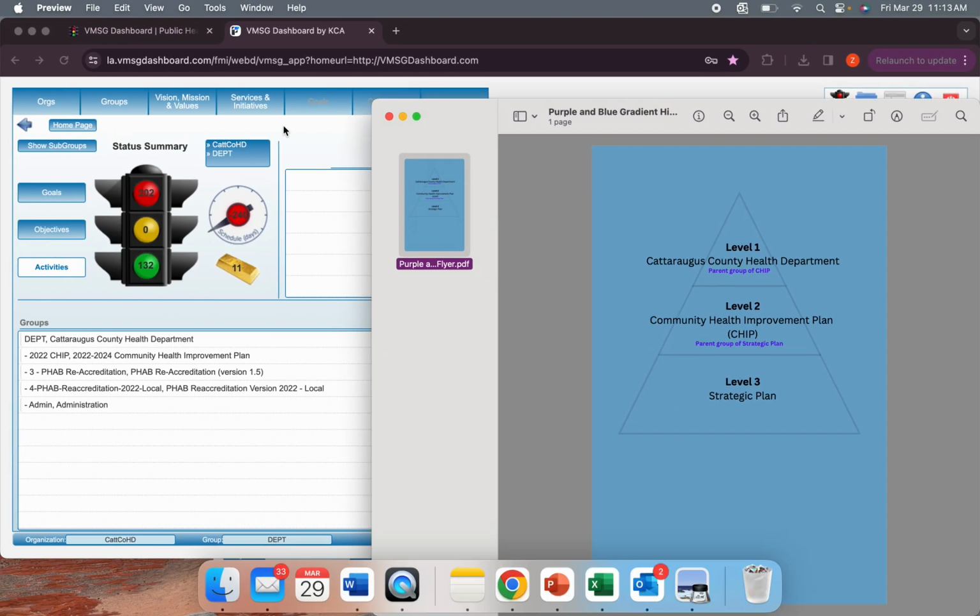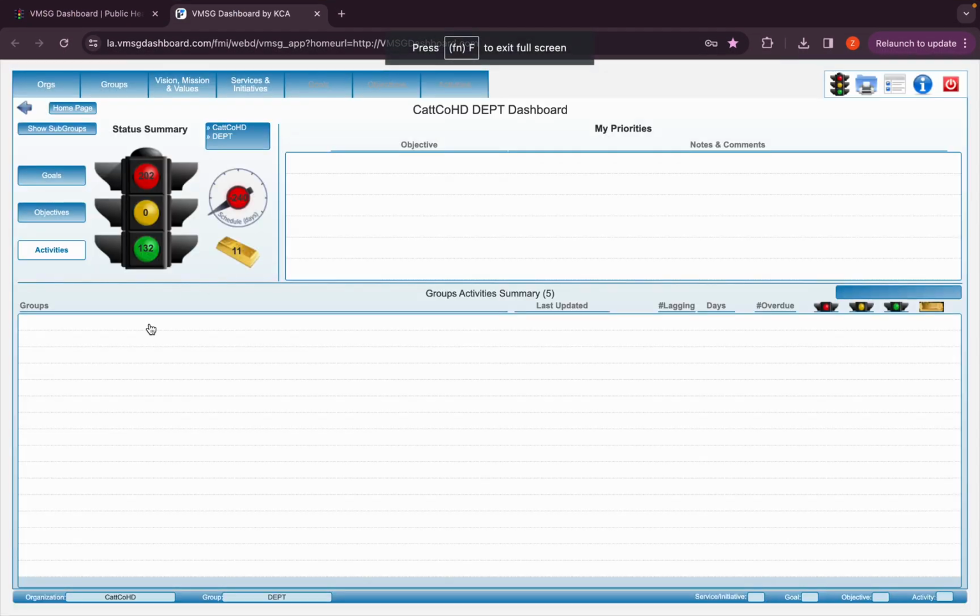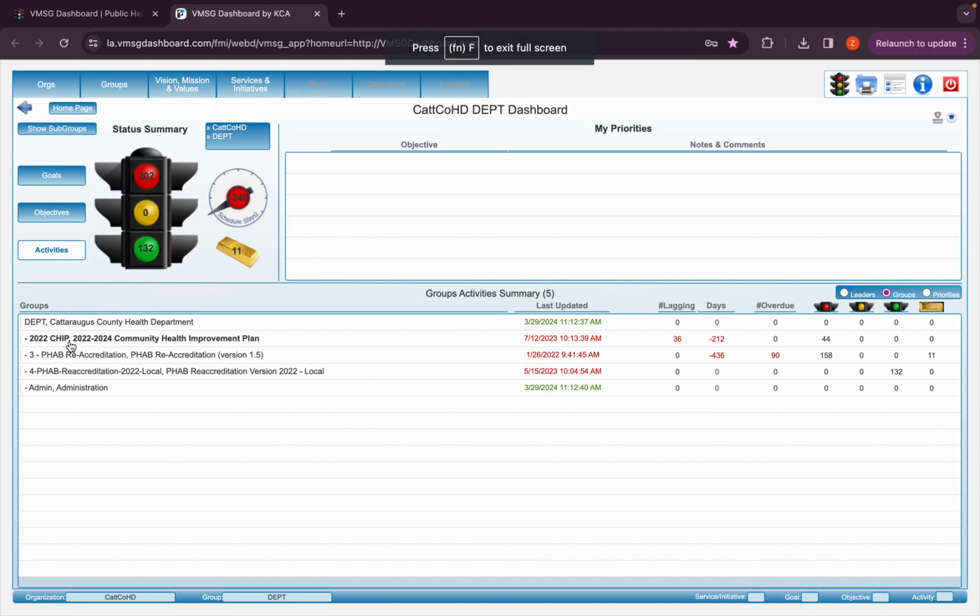So just going back to our VMSG. Here you can see Cattaraugus County is the parent group of these groups. We're still in the activity level, so here we can see we have about 334 activities, right? 202 of them are red. We have about 132 that are green, meaning they've been completed. If I go to the objective level,